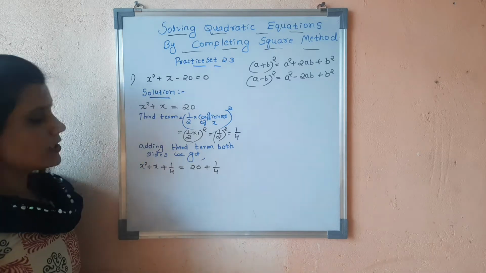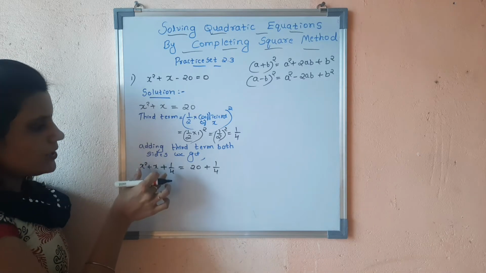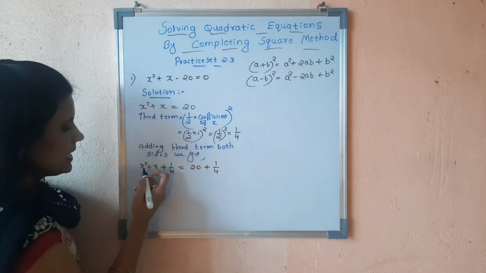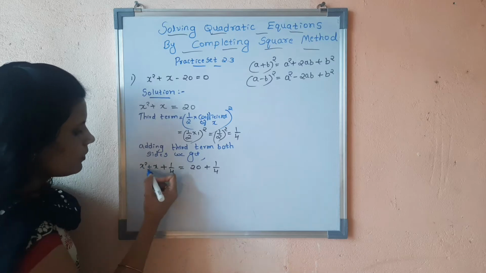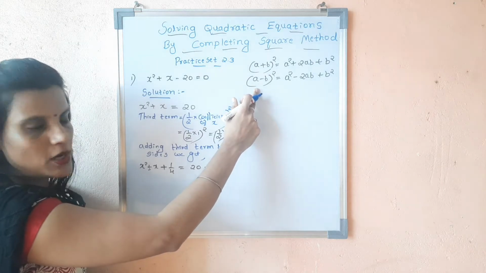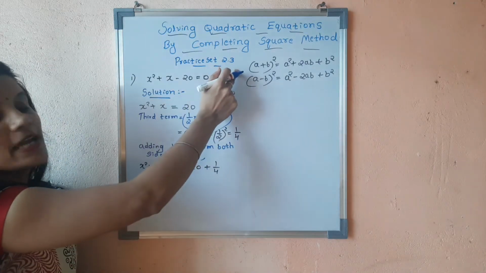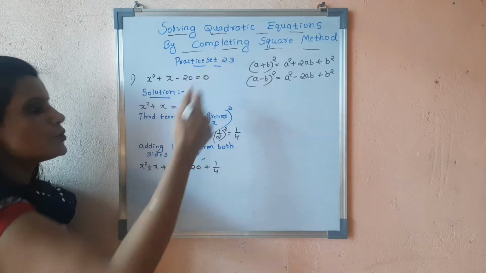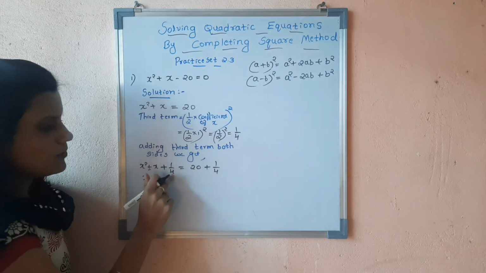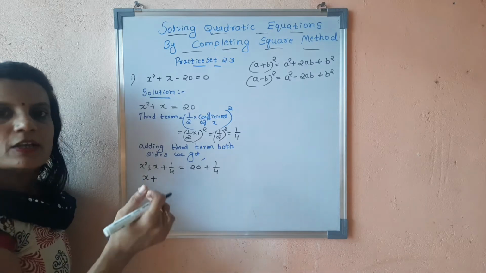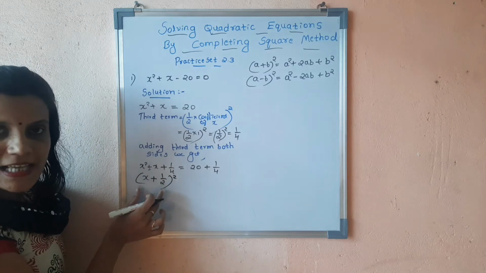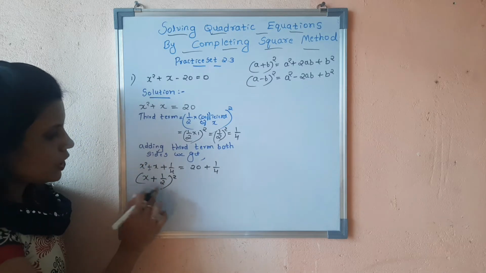Now what is next? If you look at this, you can see it is the expansion of (a plus b) whole square. You can see the sign over here, it is plus. If it is a minus, we will go for the (a minus b) whole square formula. If it is a plus, we will go for the (a plus b) whole square formula. So in place of x square, I will write x plus, here 1 upon 4, 1 upon 4 is the square of what? Half. So I will write half whole square. Once I expand this, I should get this one. So in this way you have to convert.